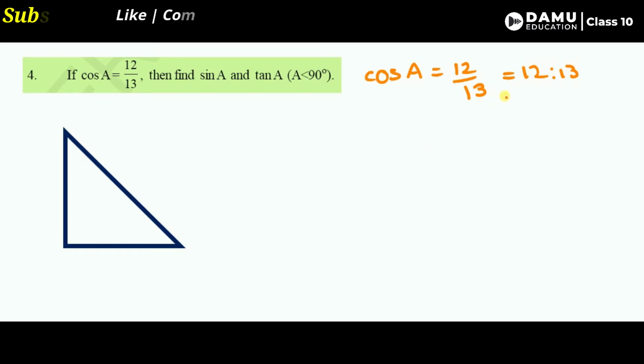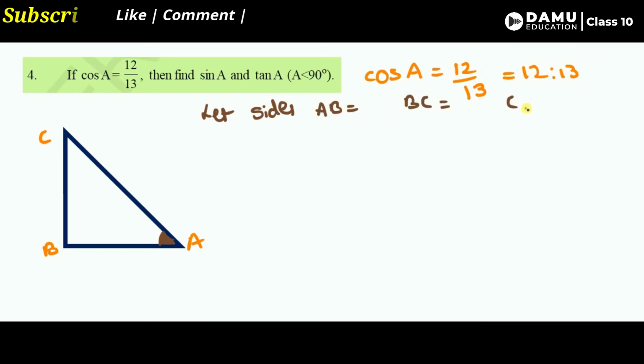So here we need to know one thing. What is the angle? So that angle, what ratios it is there? So let's take triangle ABC. Let's take it as this one, ABC. So what you can do here is the angle A. So this is angle A. This is the reference for these functions. This is angle A for this 12 by 13. Let the sides be AB, then BC, then CA. So we need to find the functions of this.